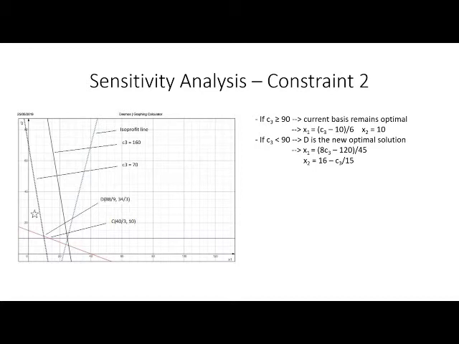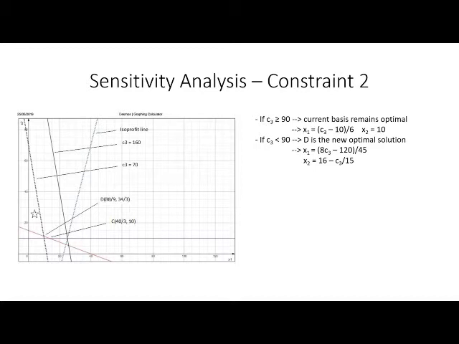When B and C overlap, c3 has a value of 90. We say, for any c3 no less than 90, the optimal solution is x1 equals (c3 minus 10) by 6, x2 is 10. Because C has the coordinate of 40 by 3 and 10, x1 needs to be smaller than